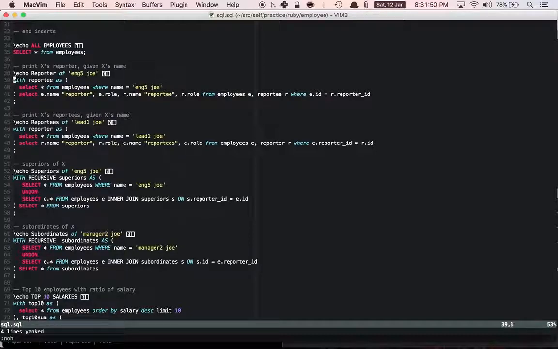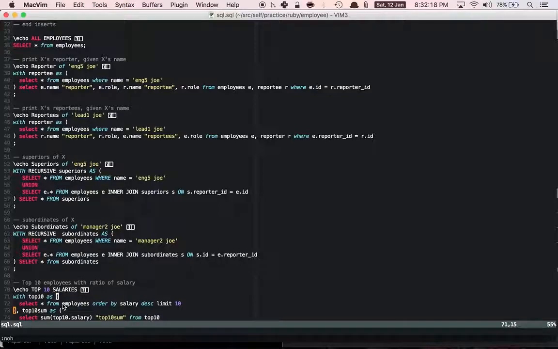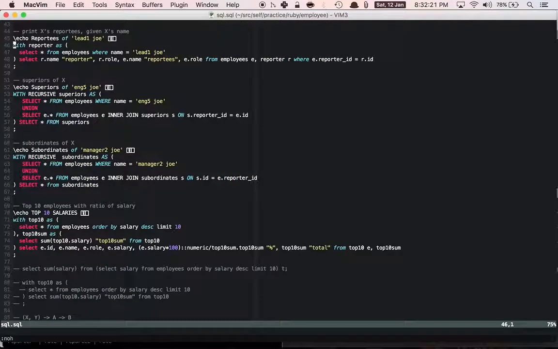it is actually using this common table expression. This WITH expression is called a common table expression. Using this, you can nest a query within that. So this is kind of like a variable, where the result of the inner query within this bracket is assigned to this reportee variable. That is a temporary table, actually, not a variable. I'm speaking the programmer's language, but in a database it is actually a temporary table. It runs this query, takes the data, puts it in a temporary table and calls it reporter, and